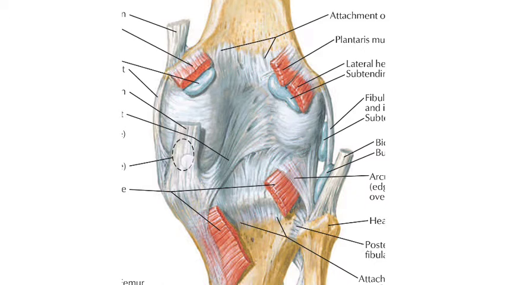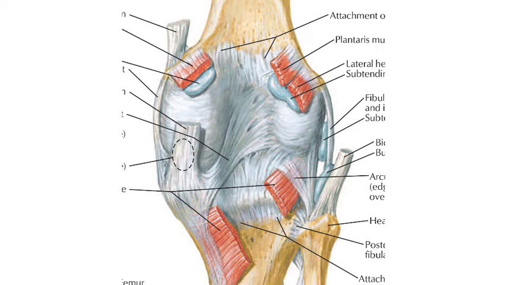This is the semimembranosus insertion. So it looks like an expansion from it, and extends upward and laterally from the posterior surface of the medial condyle of tibia to the lateral intercondylar line of the femur. It blends with the posterior part of the fibrous capsule, forms the floor of the popliteal fossa, and this ligament